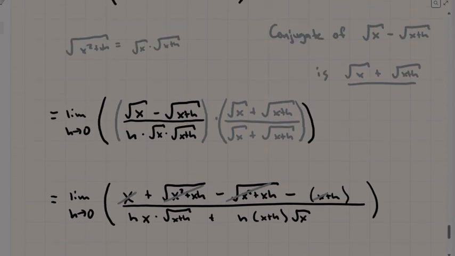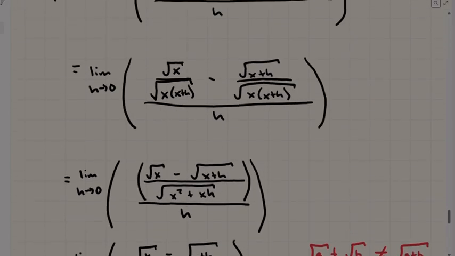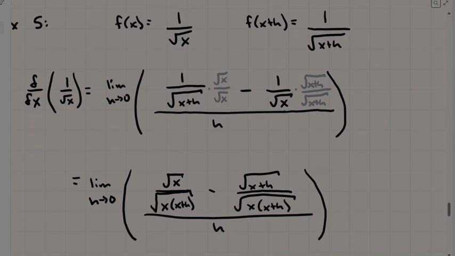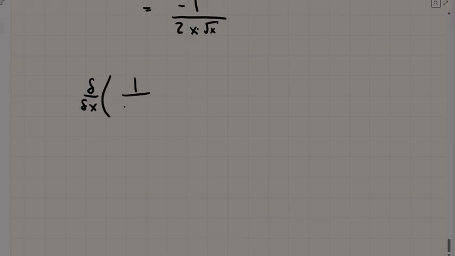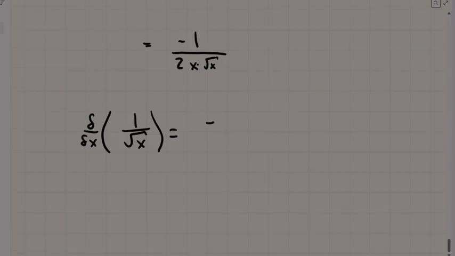All right. And so let's look at this one. This one was 1 over square root of x. So what this means is we're saying that the derivative of 1 over square root of x equals negative 1 over 2x times the square root of x. But